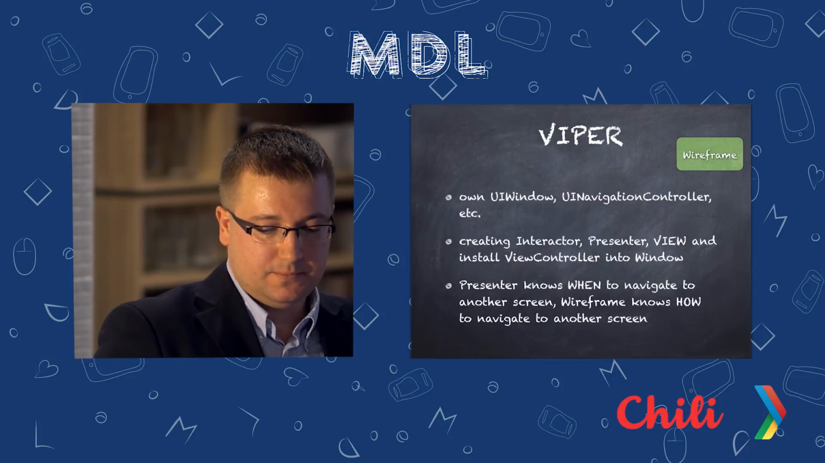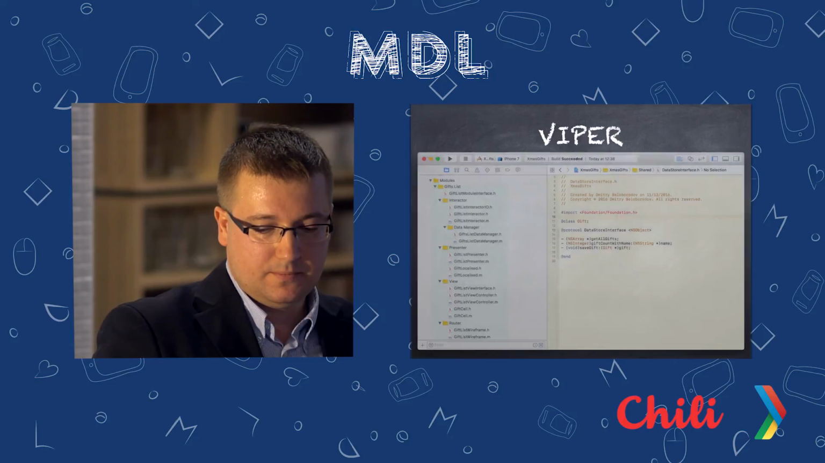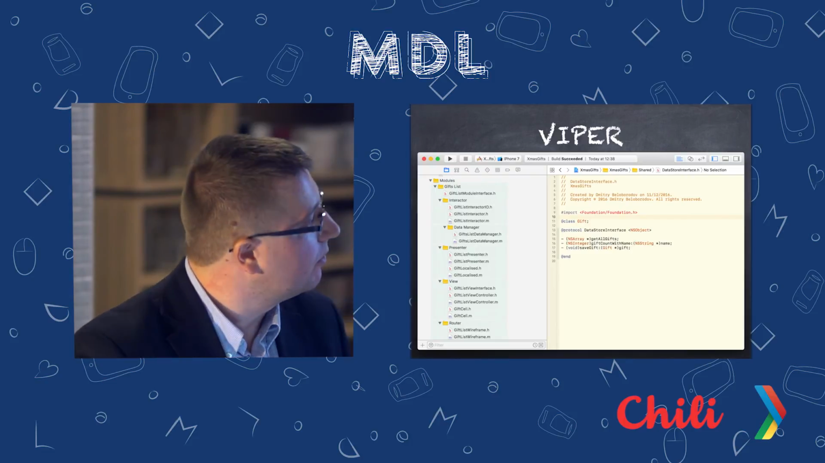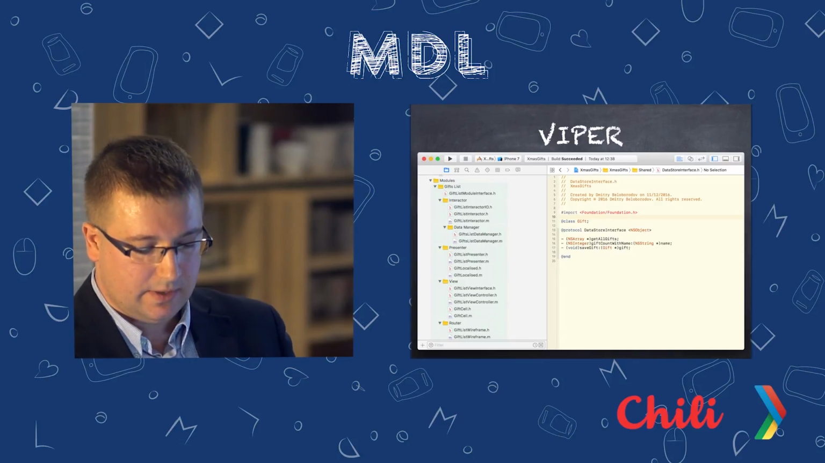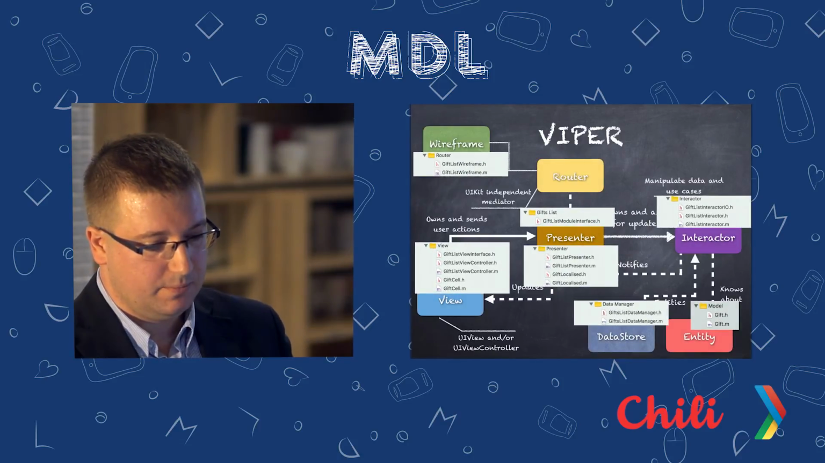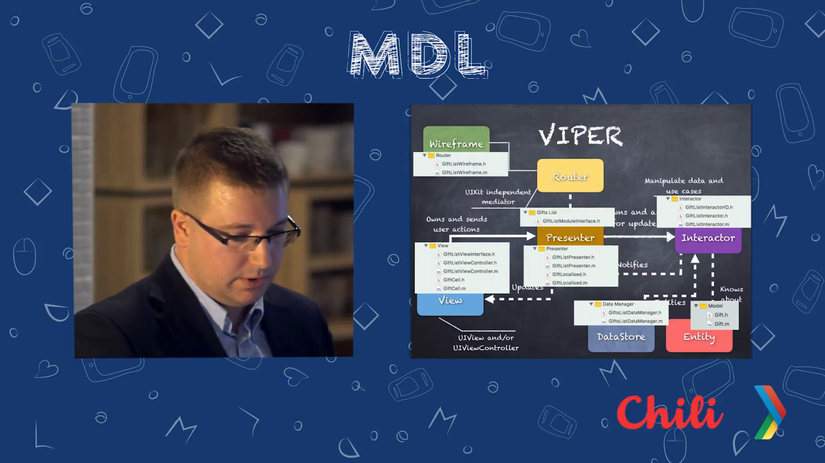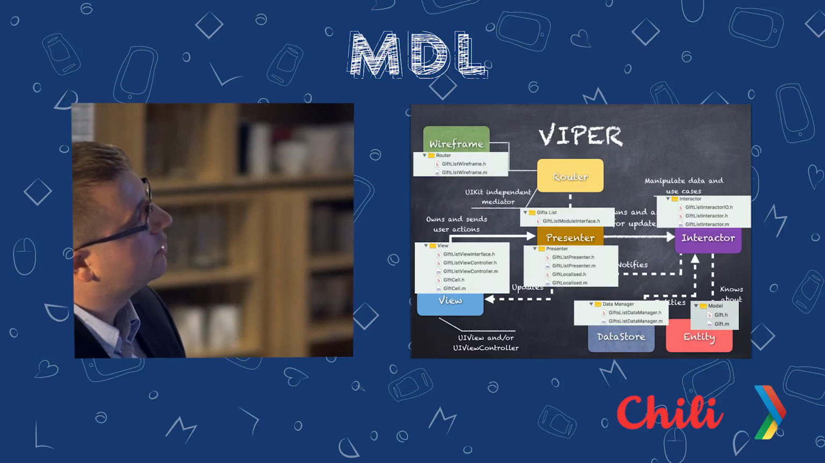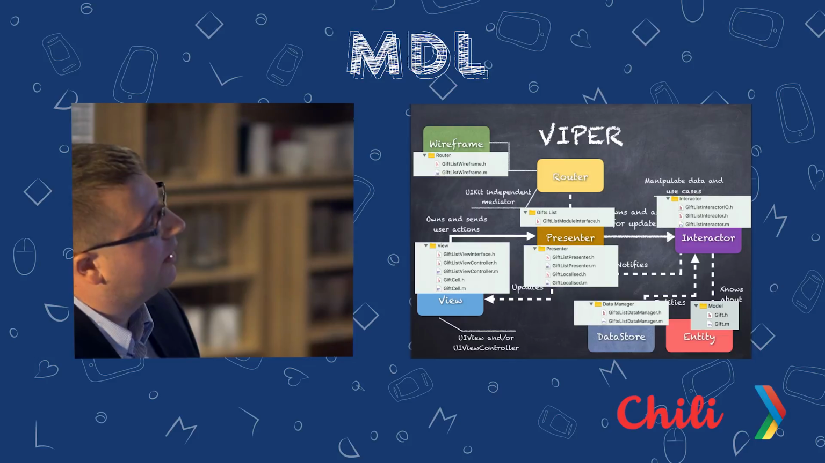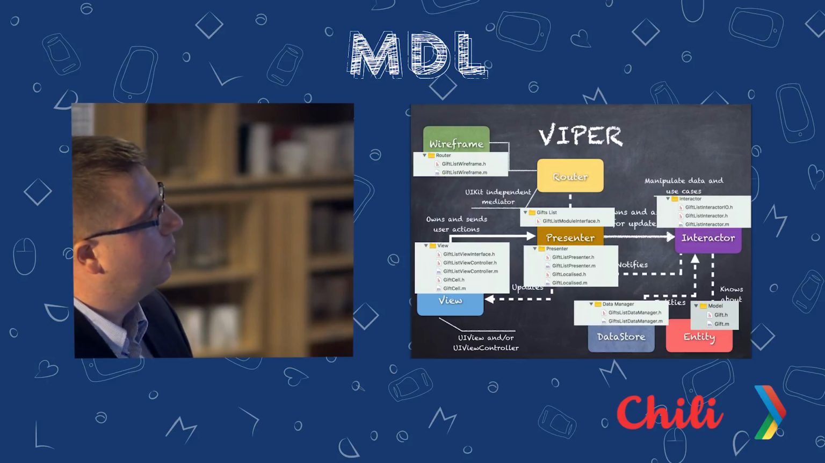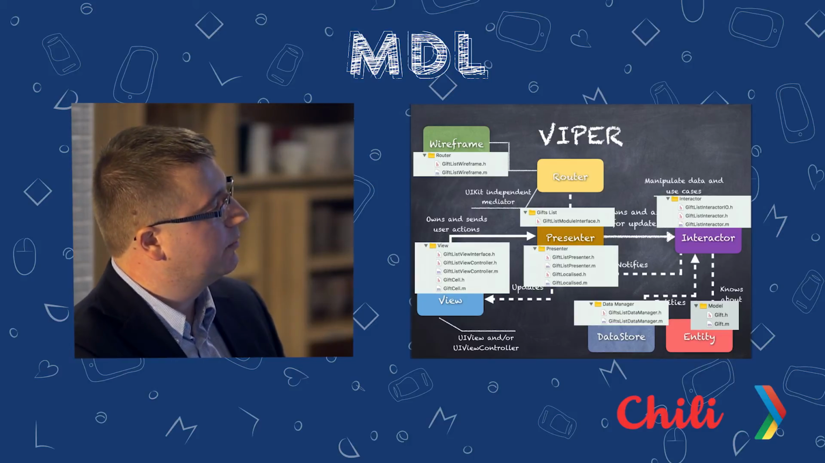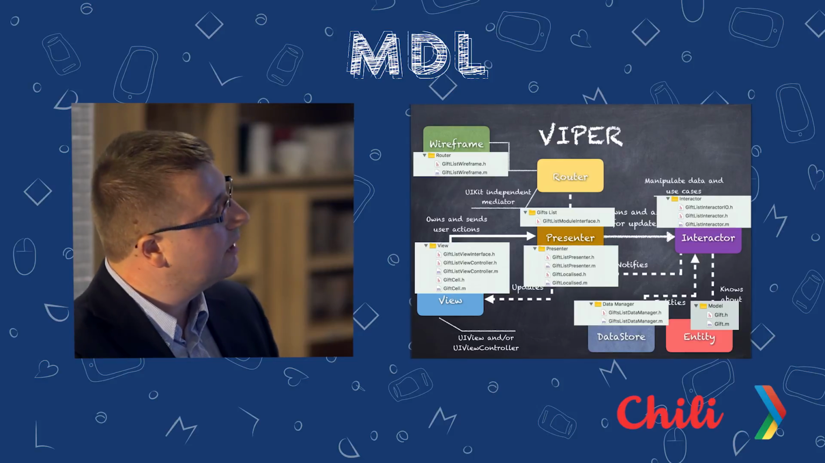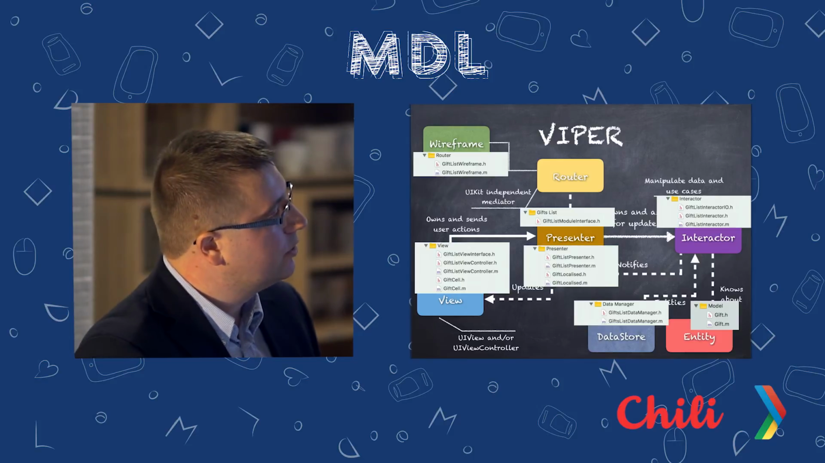So I don't know if you can see this. This is the screenshot of the single module, the gift list, and that's how it's mapped to the Viper model. The routing in our case is shared between the wireframe and the presenter. We have a view, we have a simple view controller, we have a simple class for the cell for displaying a single gift. We have a presenter which